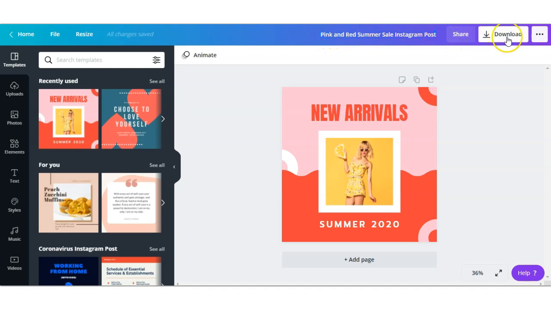This share and download options we'll leave till the very end when we finish the design. I'll walk you through your many different options to get a hold of your design and share it across any social media. Let's move on to